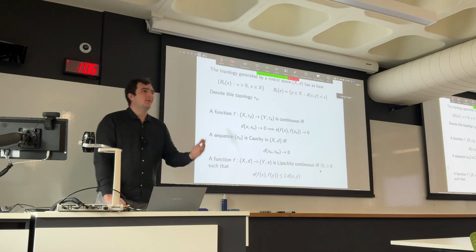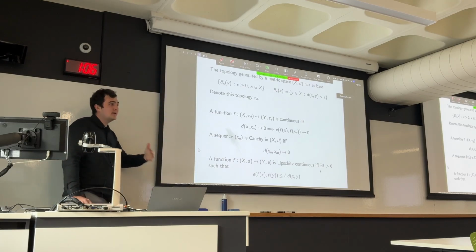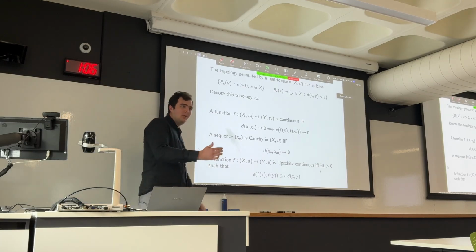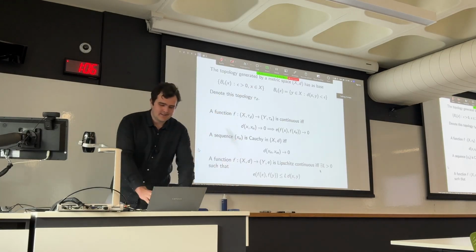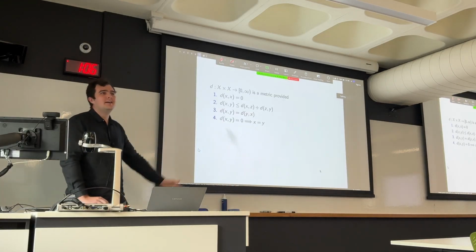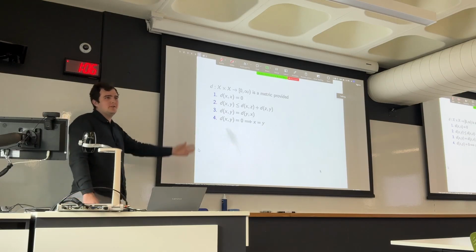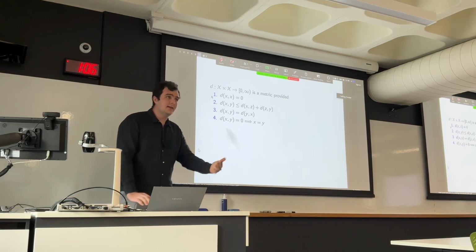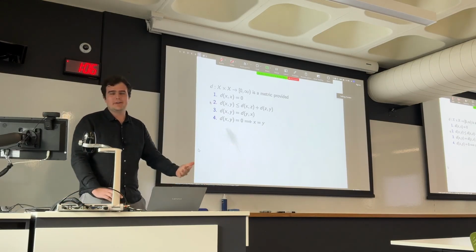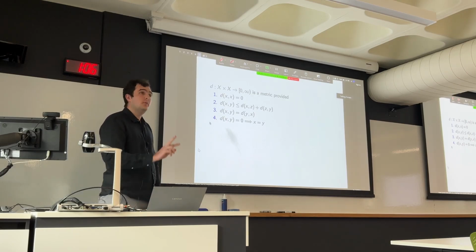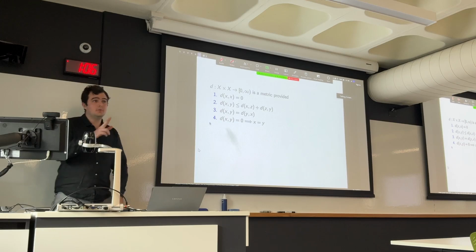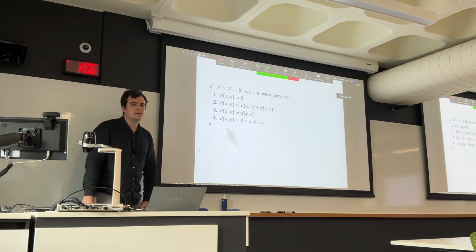Okay. So obviously if we want an idea of a metric that works for every single topological space, we're going to have to lose some nice properties of metrics. We can start off with the axioms of a metric. The distance between x and x is equal to 0. You have the triangle inequality. You have symmetry. And then if two points have distance 0, then they are the same point.